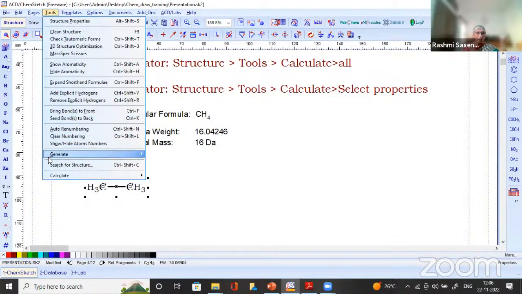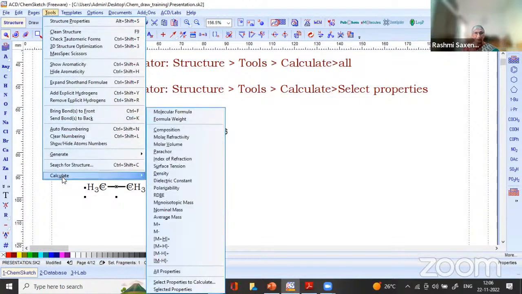And at the end, there is calculate. There are so many properties. Molecular formula, molecular weight, composition, molar volume, parachor, index, surface tension, density, polarizability, there are a lot. So if I write molecular formula, it will